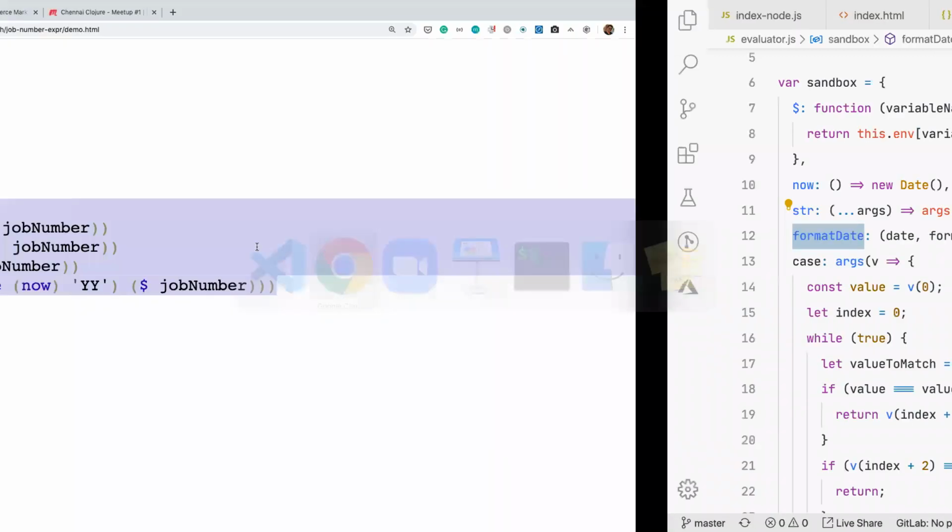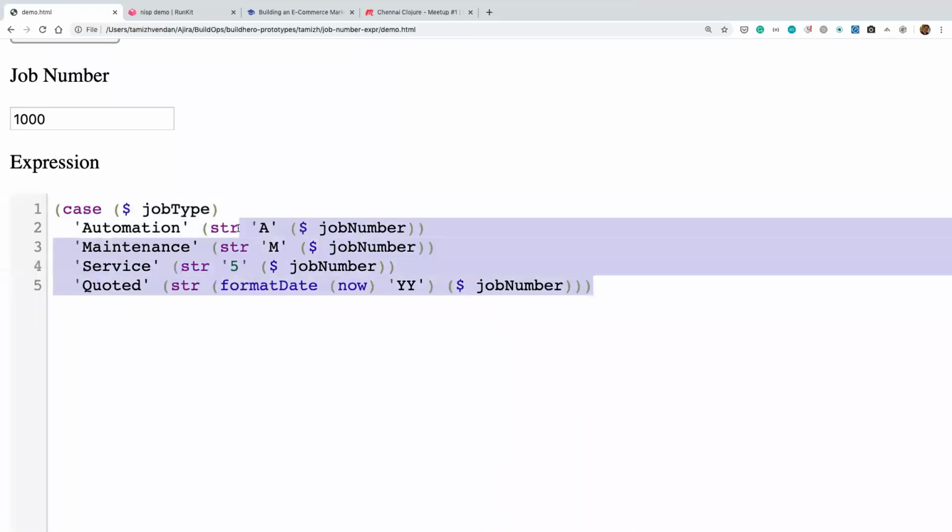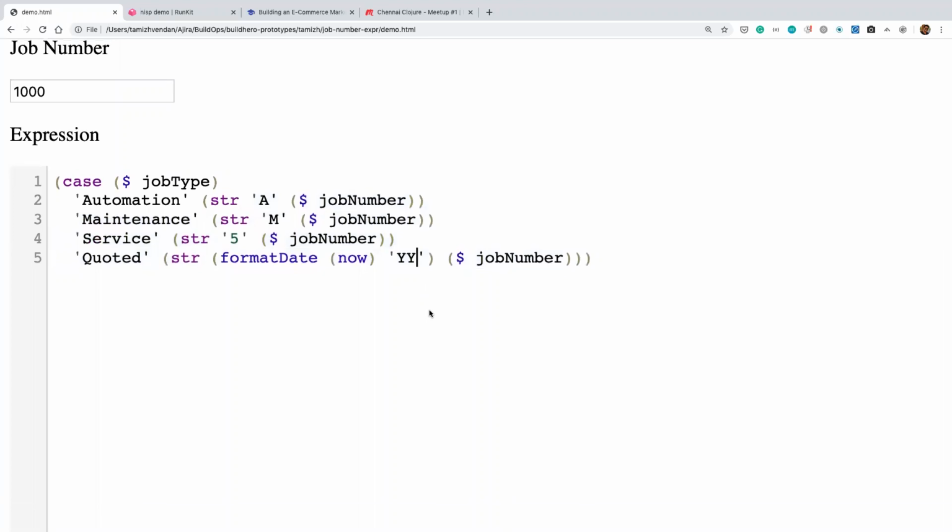Using the DSL, for every tenant, we have this custom expression, and we serialize it as a JavaScript array and save that for every tenant. Problem solved. And if you want to see how configurable it is, at runtime, let's say the tenant changed their mind. Instead of double digit YY, they want 4Y. All I need to do is come here and change the expression.